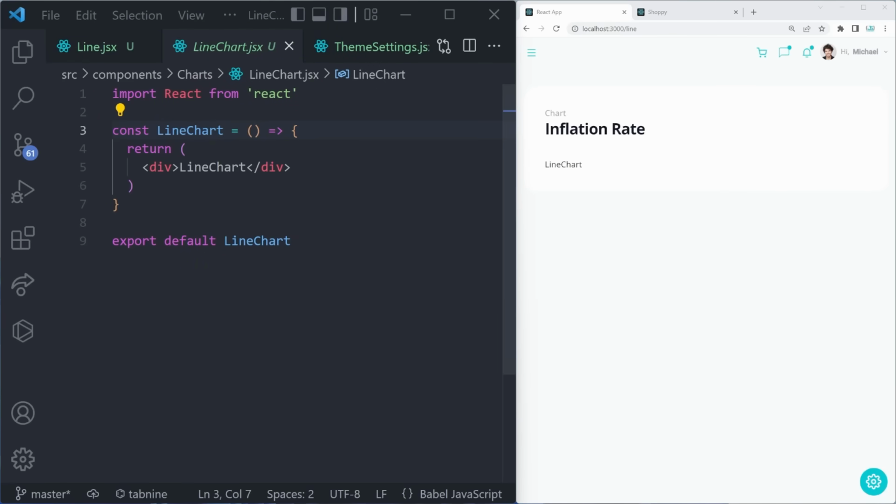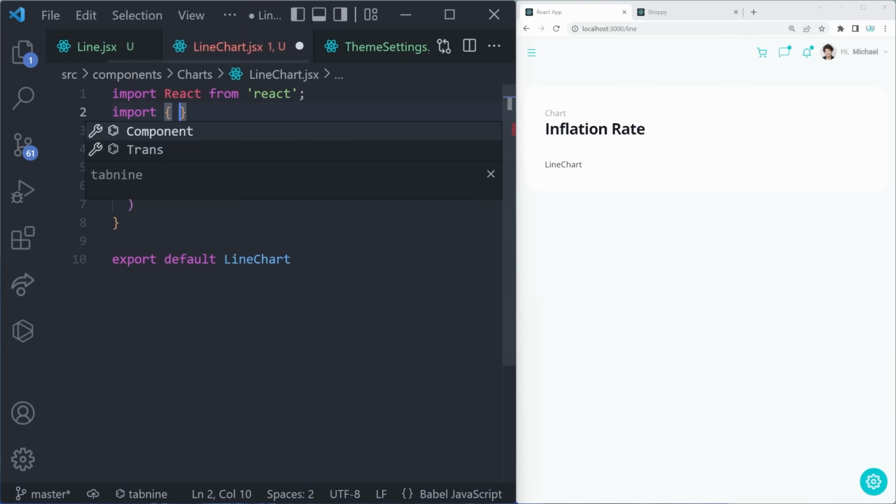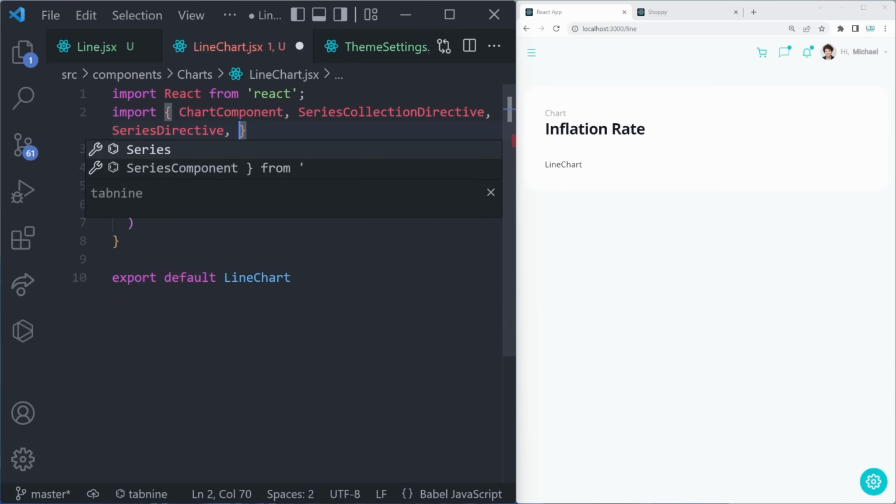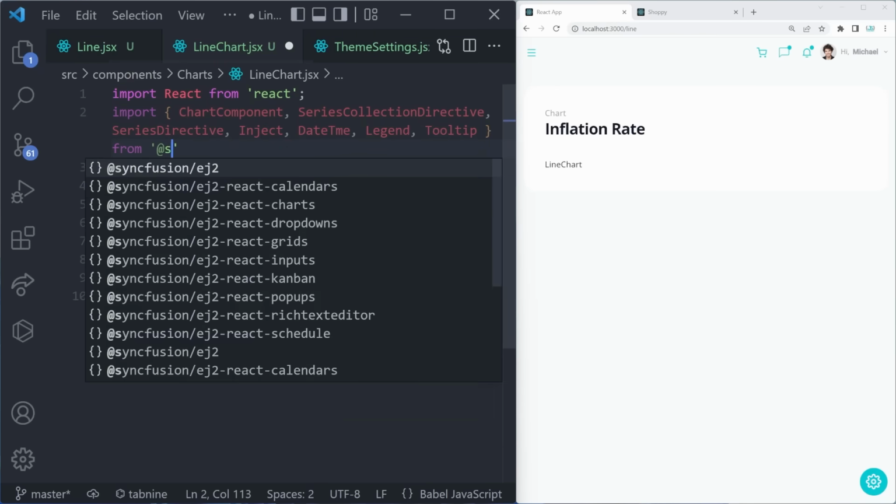This is the first big chart that we're implementing, so we can start by importing some components from Syncfusion. Let's import the ChartComponent. We also need the SeriesCollectionDirective. We also need the SeriesDirective. We need Inject to inject special services. Also, DateTime, the Legend, and Tooltip. You can essentially pick and choose whichever services you want your chart to have. And all of that is coming from